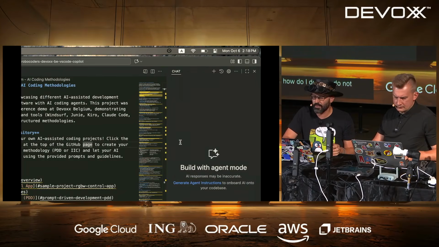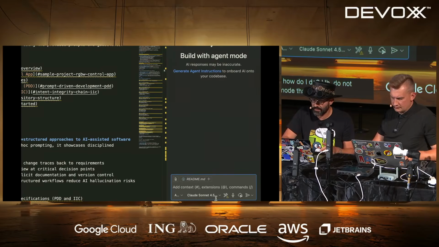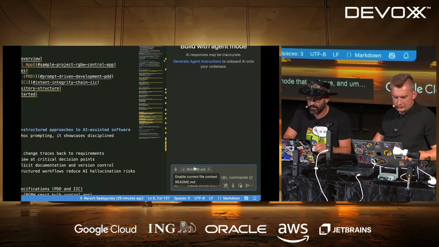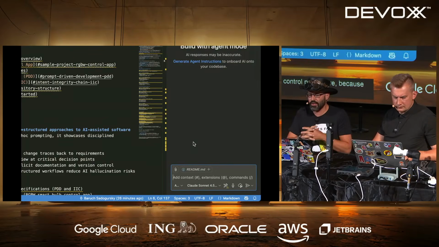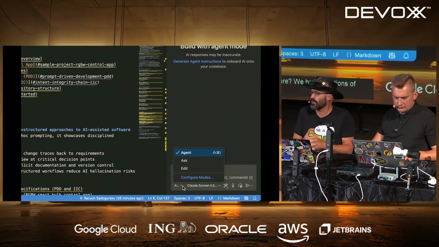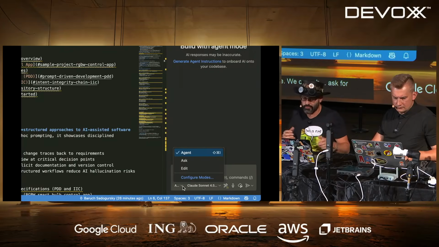Yes. So here is the agent mode that we have, and I wanted to talk to you a little bit about this little control panel here because it is important. So first of all, what do we do here? We have three options: agent, ask, and edit. Edit works more like inline. We can ask for specific edits on some code or a class or a file.